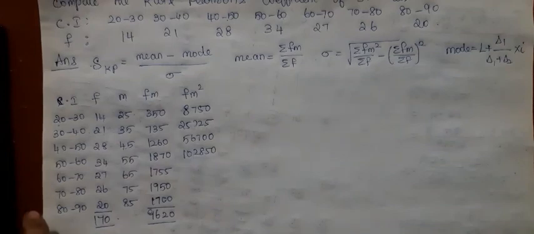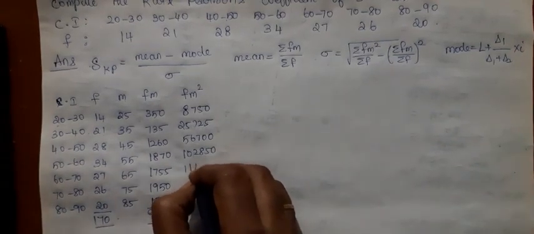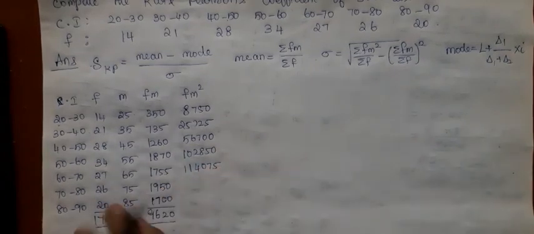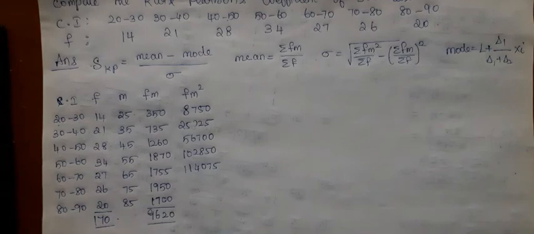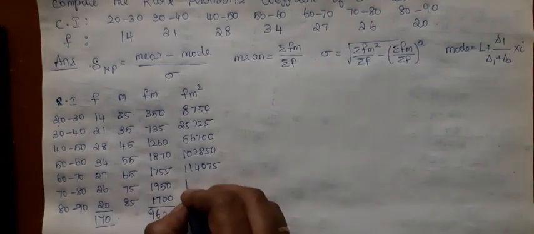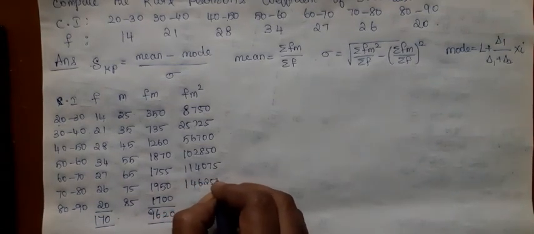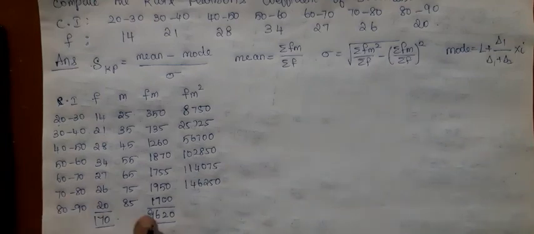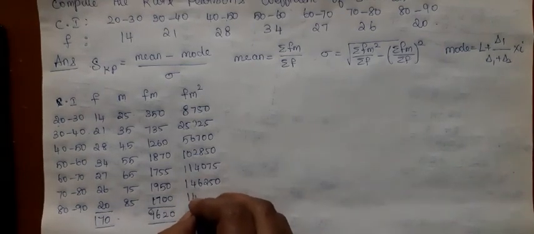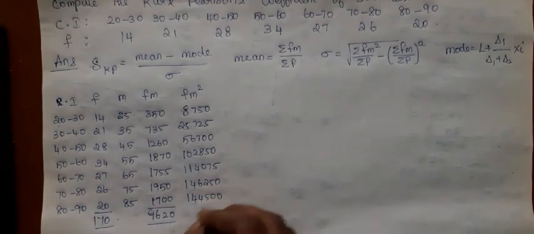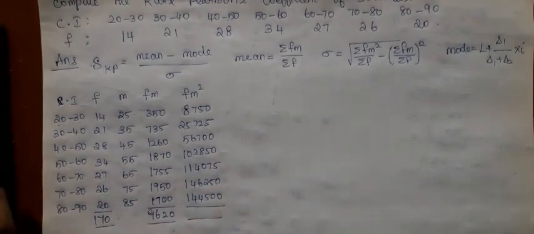Multiply 65 and 1755. 75 and 1950. 85 and 1700. And here the total is